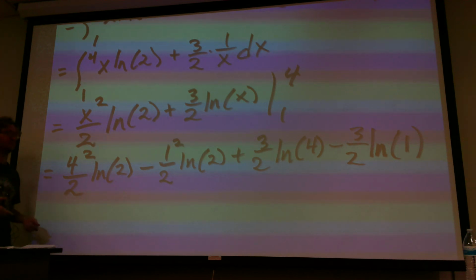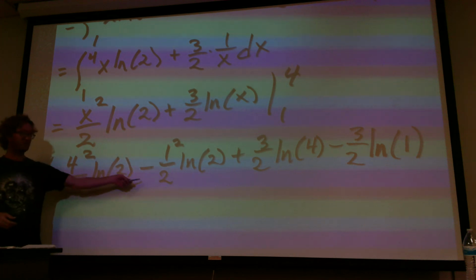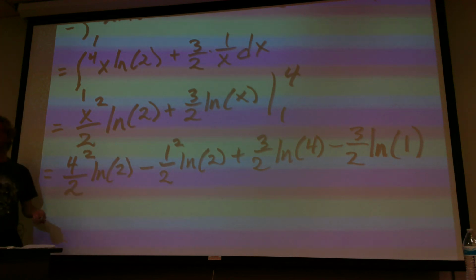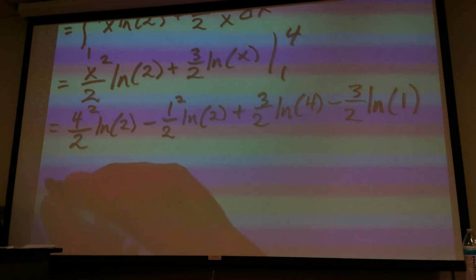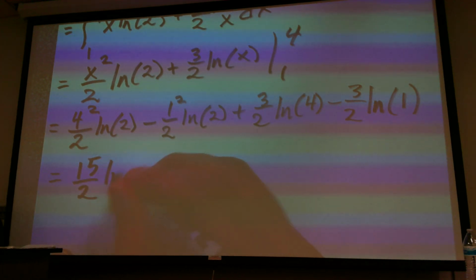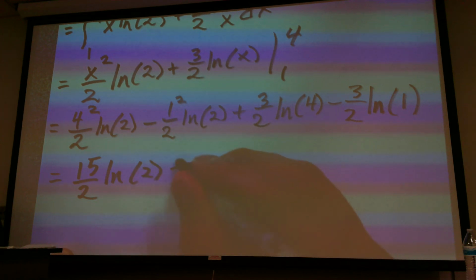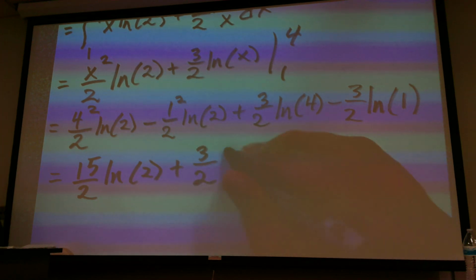Well, it's not really a good way to combine all this. Natural log of 1 is 0, so we can throw that term away. This guy is really going to be 16 divided by 2, because I'm going to subtract 1 divided by 2, so 16 divided by 2 minus 1 divided by 2 would be 15 divided by 2. And so the cleanest answer I'm going to actually get to this thing is 15 divided by 2 times the natural log of 2 and plus 3 divided by 2 times the natural log